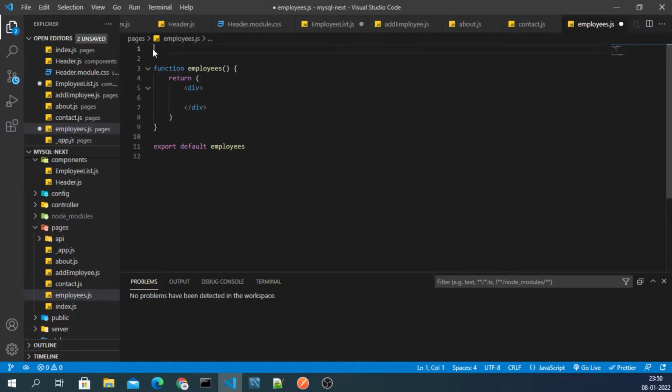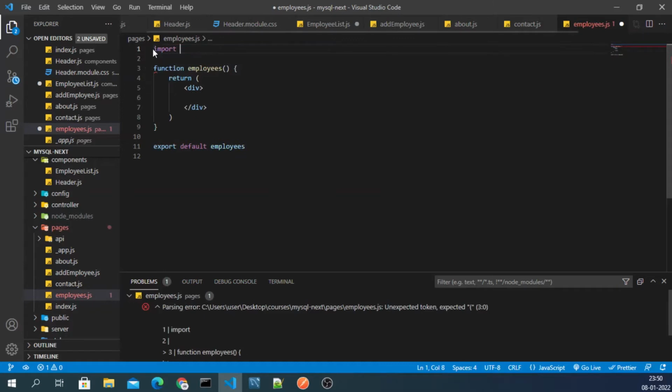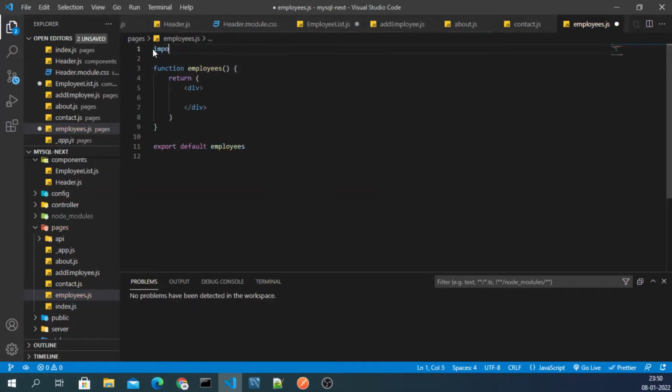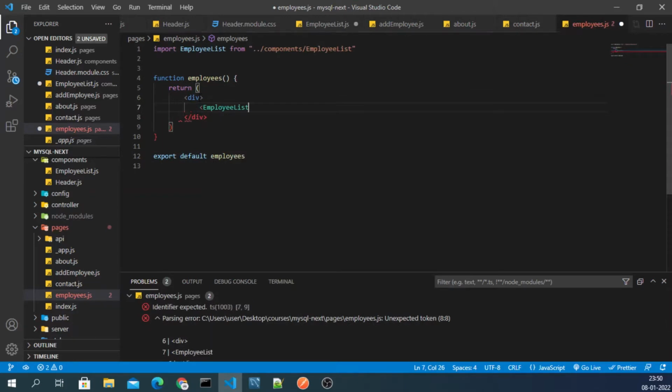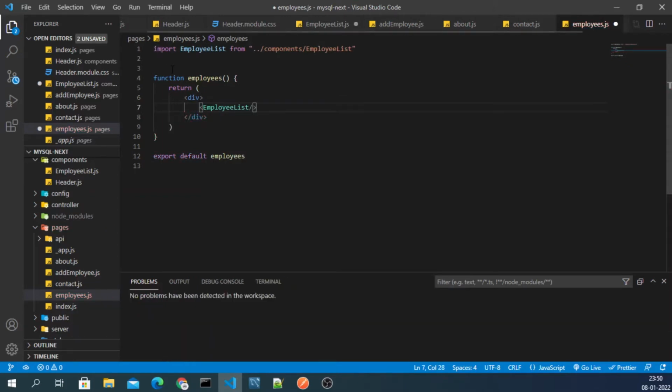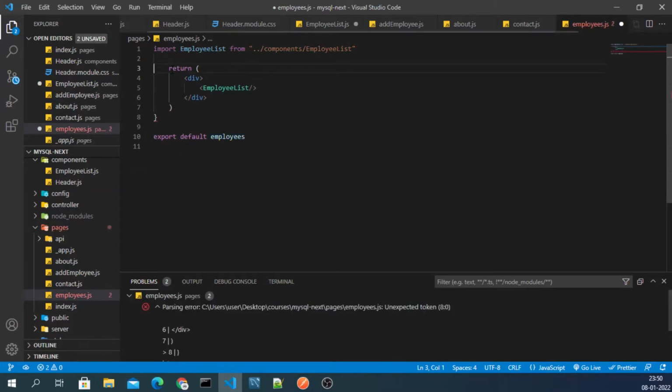We want inside a div a list here, and we can remove this space by clicking shift delete.